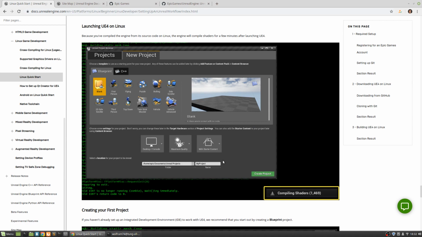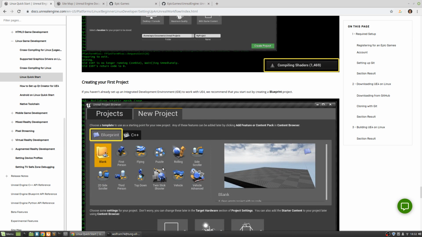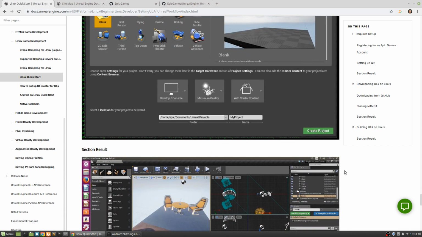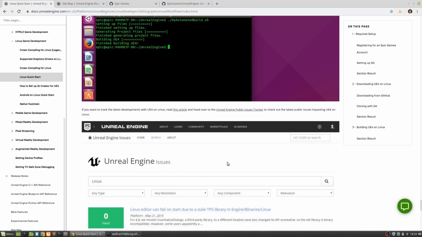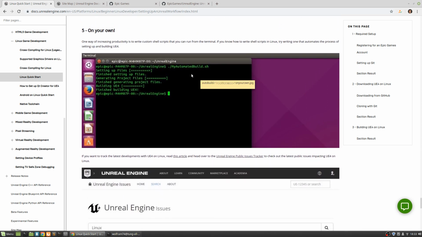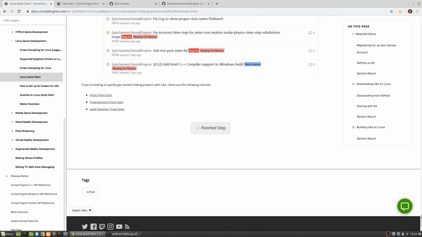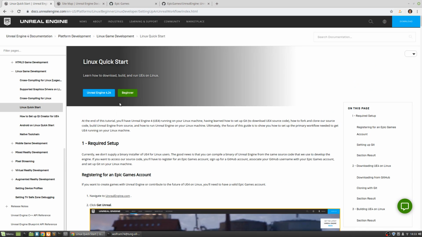checked out all the source code and built the IDE. And probably at some point I'll try creating a project. Now this is obviously something that you can get to on your own time, but I'm just gonna walk through it and show myself going through those hurdles, so that if you follow a similar procedure, this might either help you out, or you'll find it interesting, or something like that.